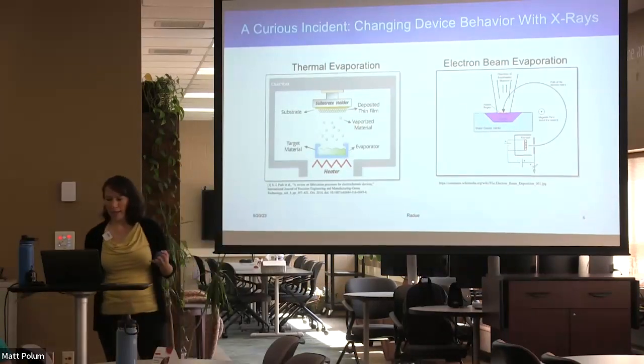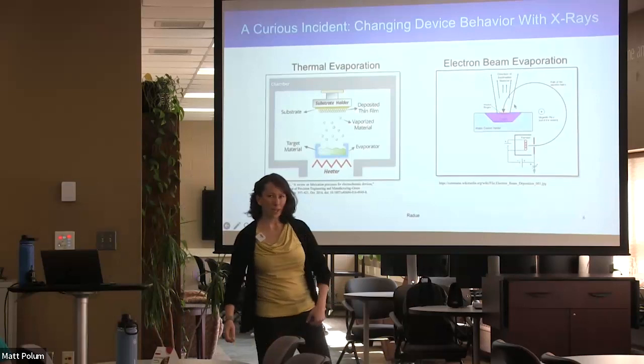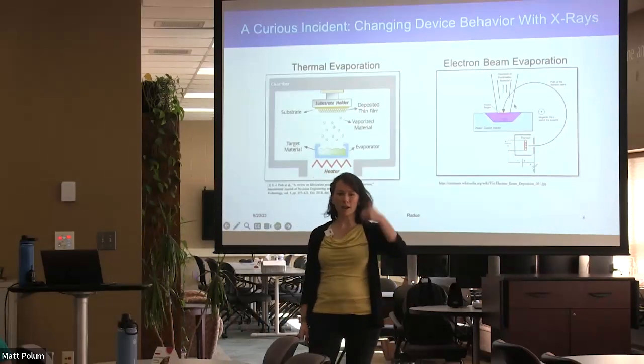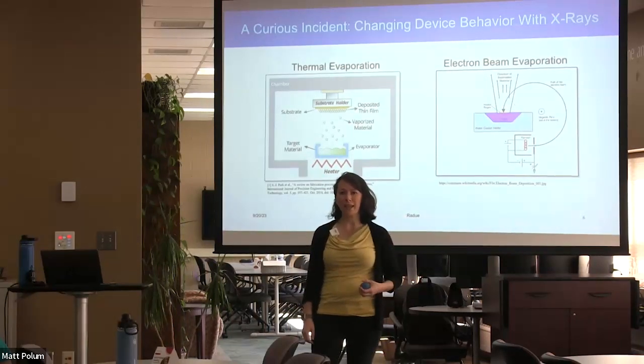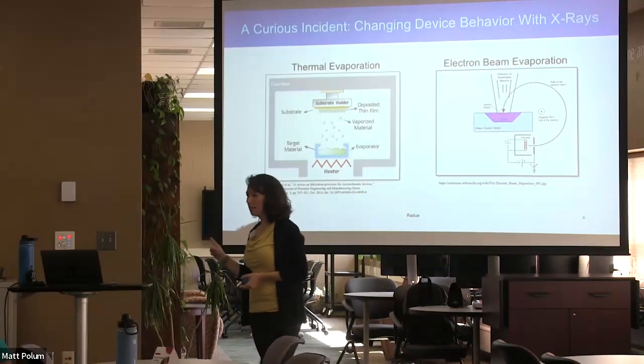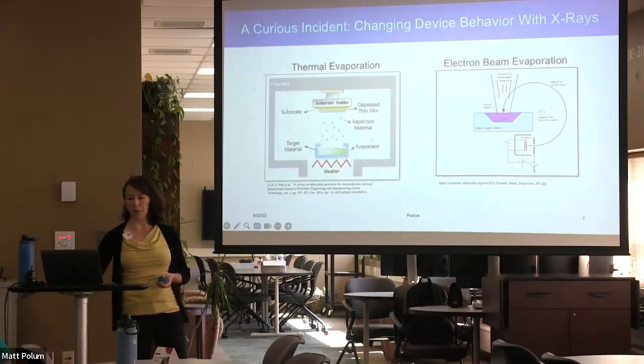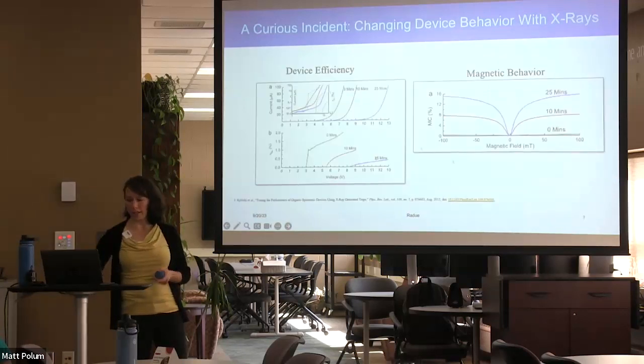The other way that you could grow these devices, instead of using heat, is you send a large stream of electrons and bombard the surface with the electrons, which, in a similar process, kicks off atoms, which you then can deposit on a surface. But the devices built with electron beam evaporation were not quite as efficient as the ones built with thermal evaporation. But in addition,